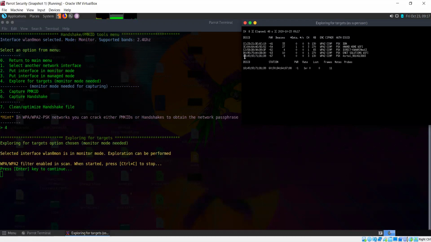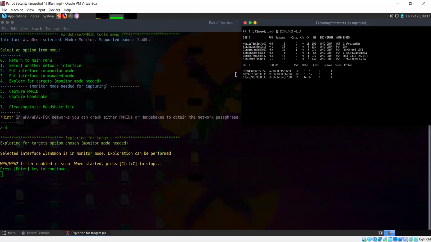So this top portion of this window will list all the networks, the MAC addresses of the access points, and the names. And this bottom section is going to tell you how many devices are connected to these networks.